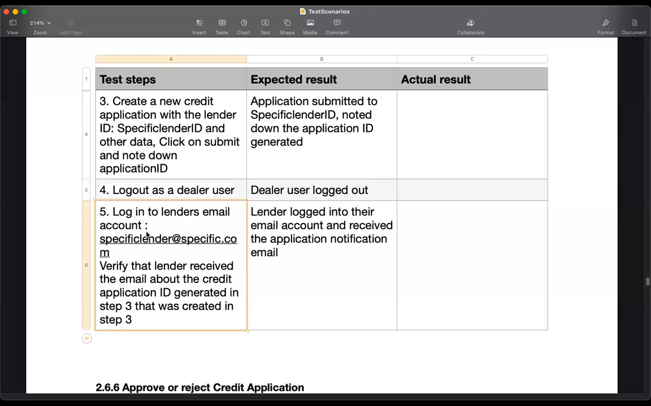It's like a shared mailbox. You're missing an apostrophe; here we're missing the apostrophe in "lender's email." That's what makes it clear. It's a small thing, but it does create confusion, right? Okay, so the lender logged into their email account and